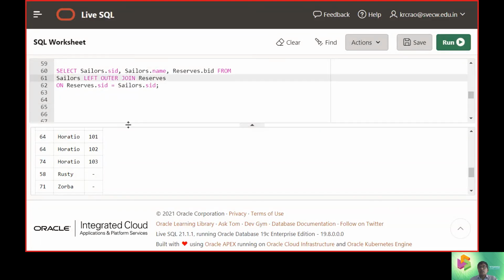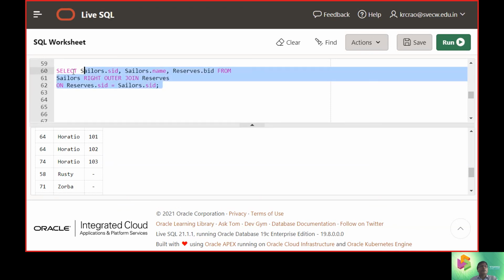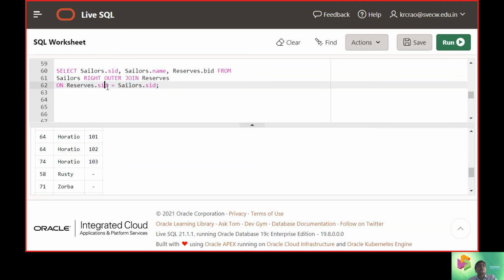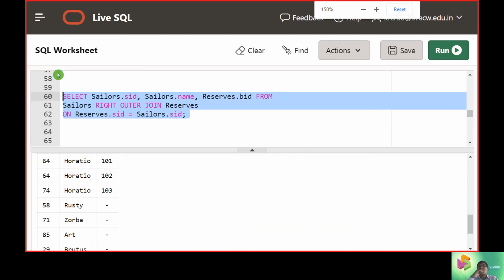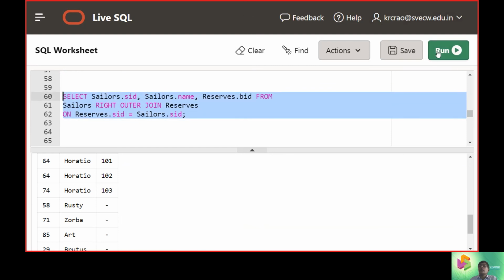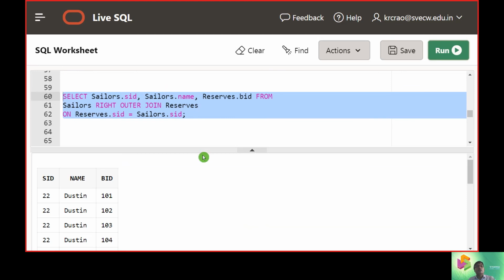So what we can do is, instead of left outer join, move it to the right outer join. Once we change it to the right outer join, we will see how the answer is transformed. Selecting the query, then applying the run operation between Sailors and reserves.